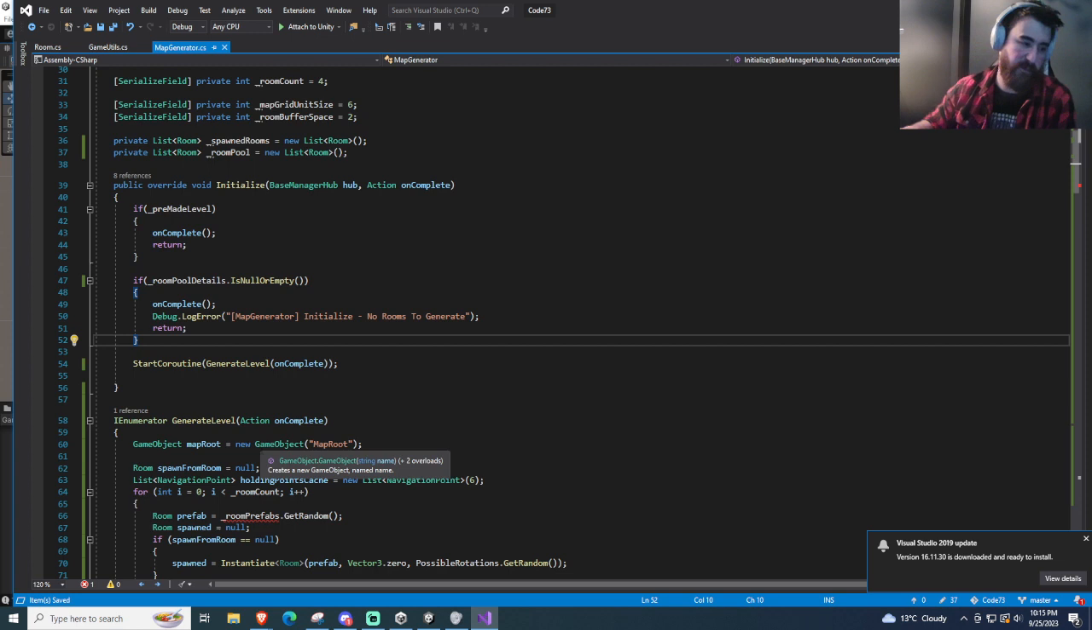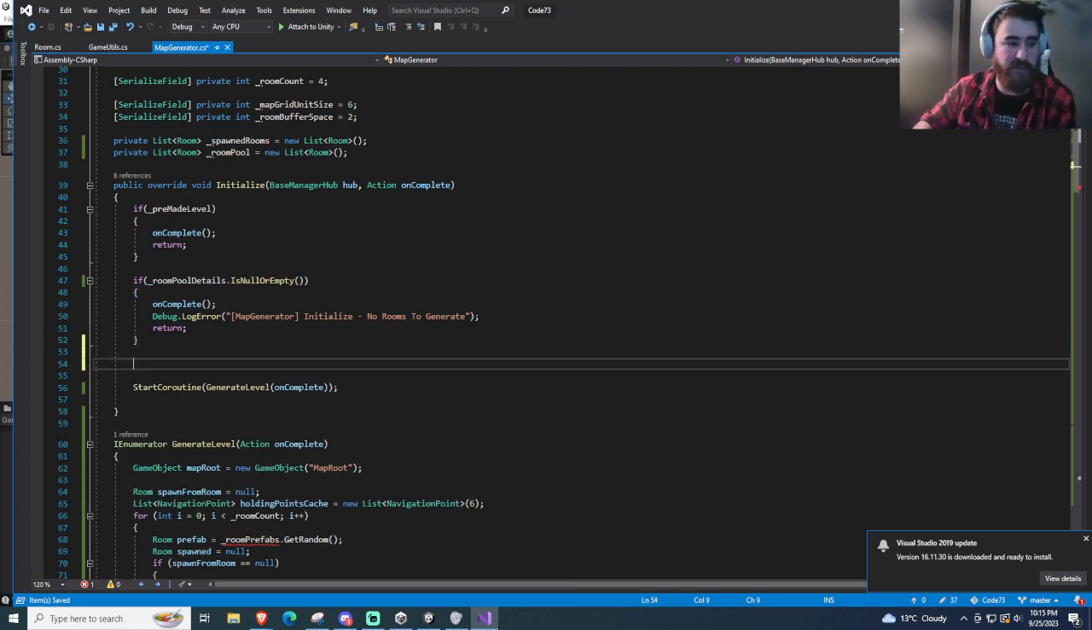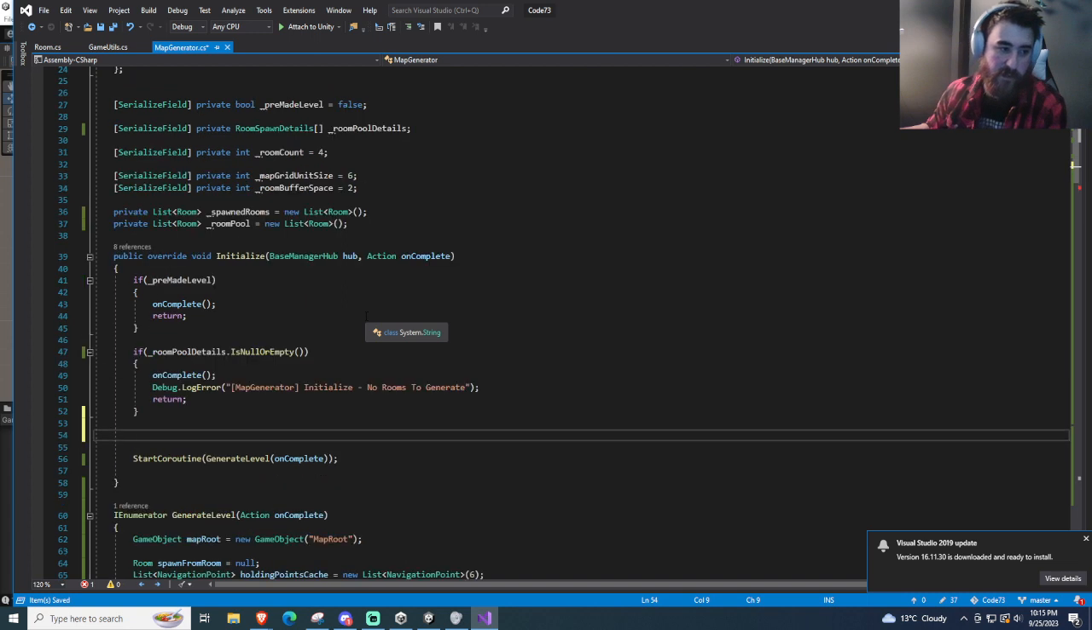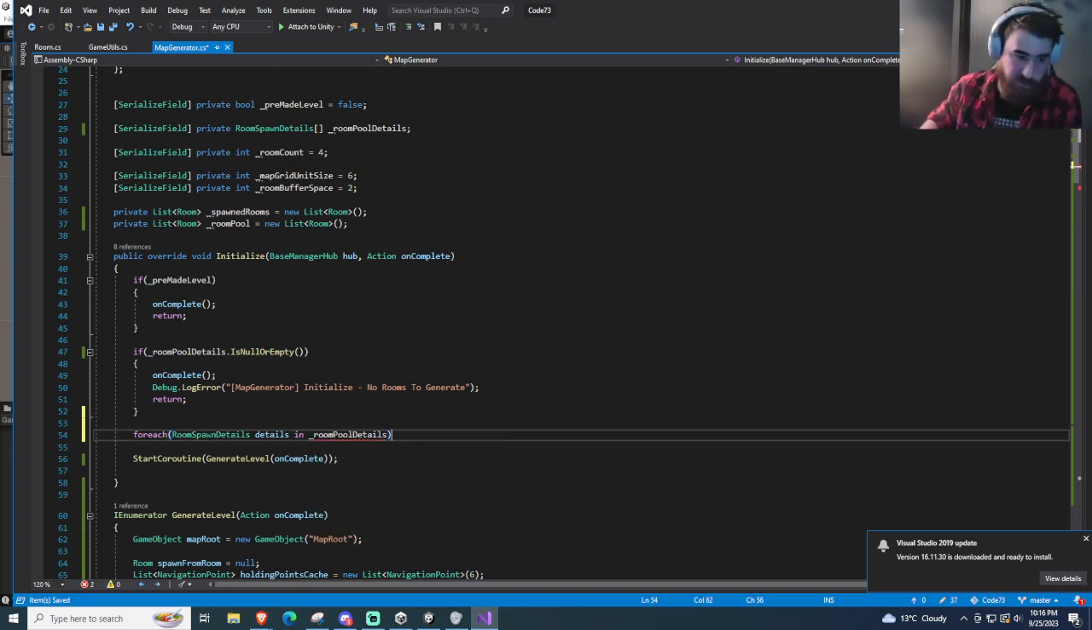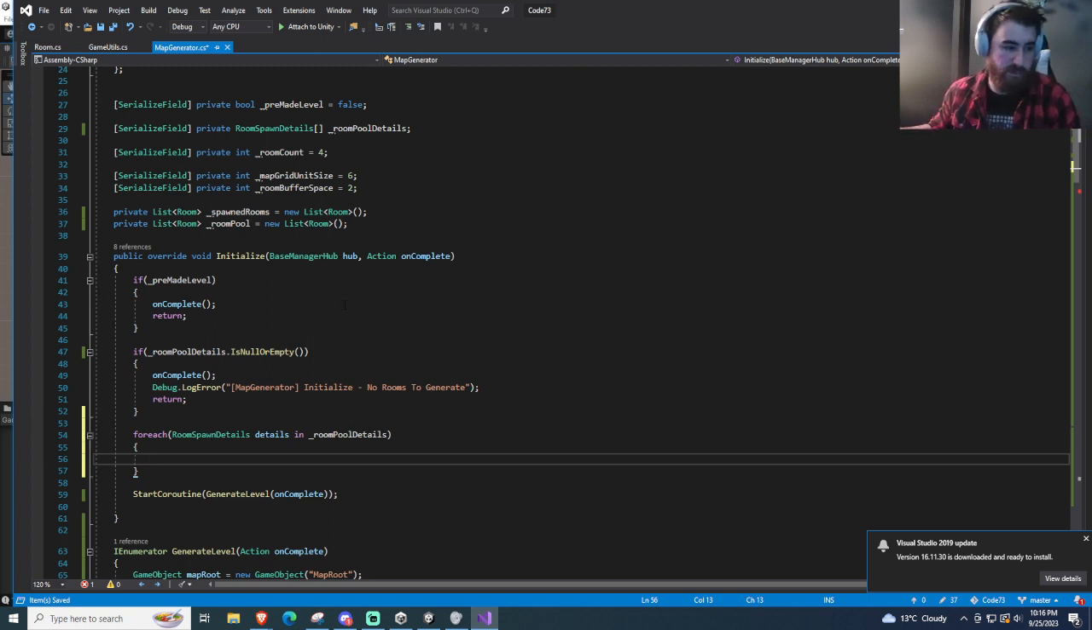But then we're going to as well, before we go into the generation tool, go initialize. It's not going to get called more than once, so I don't have to care about that. We're going to have to do the room pool. So for each room spawn details in my _room pool details, I'm going to then